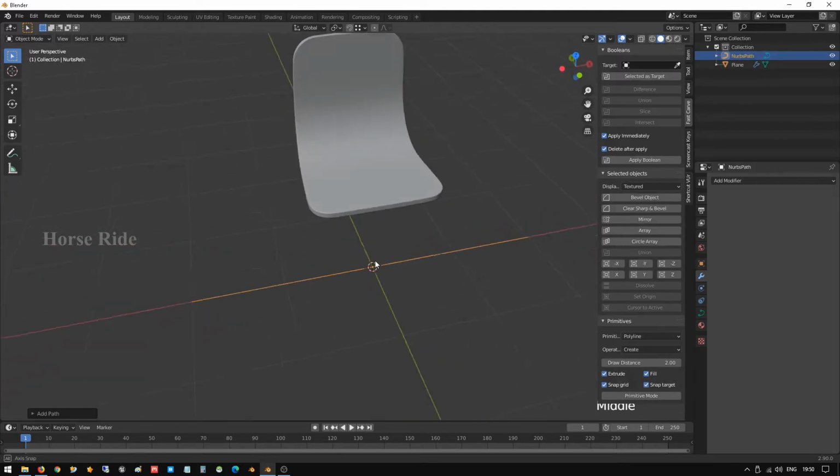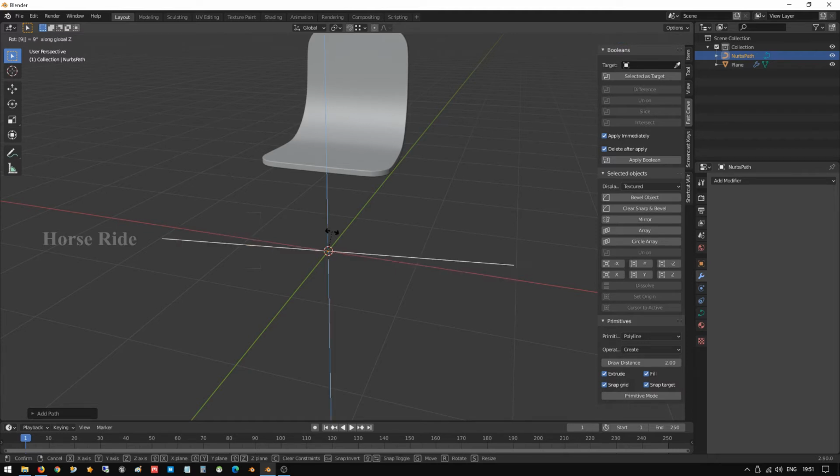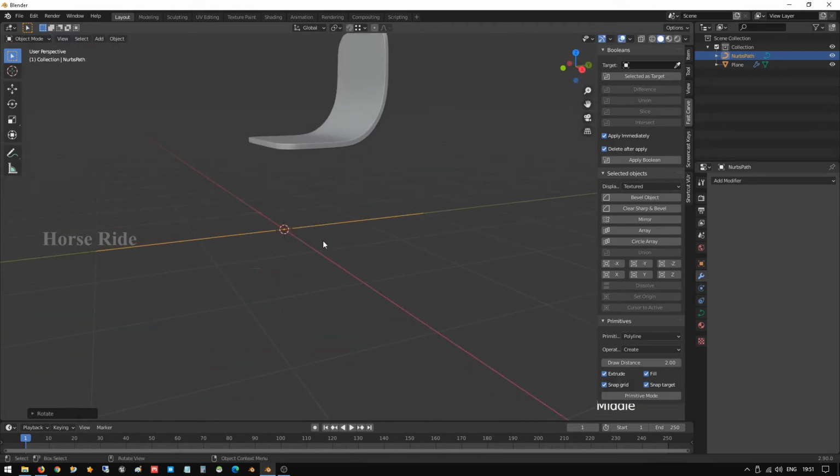Now using this path we are going to create one curved chair leg model. Okay, rotate in Z angle. Press R and Z to rotate in Z angle. Type 90 to rotate in this way.